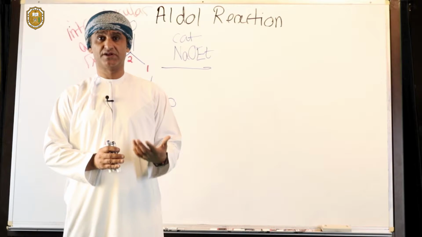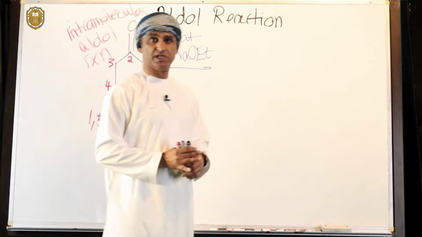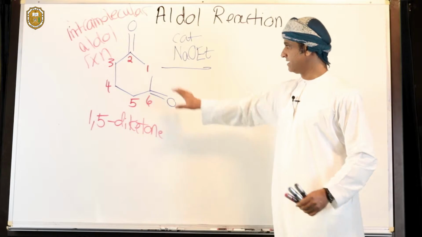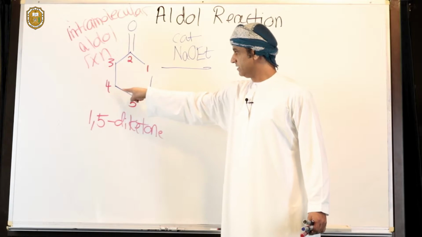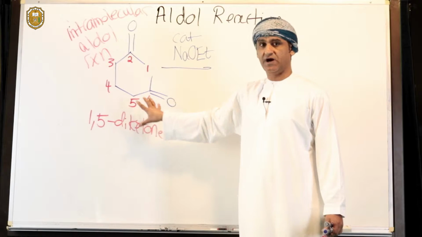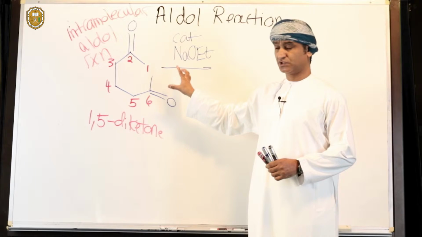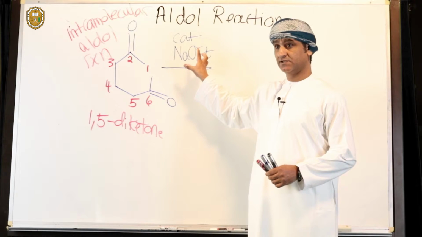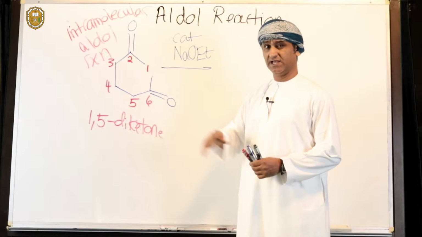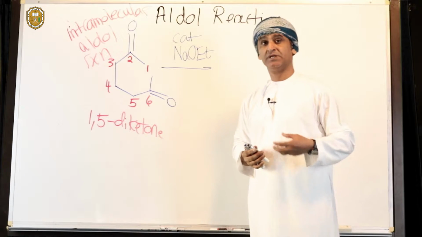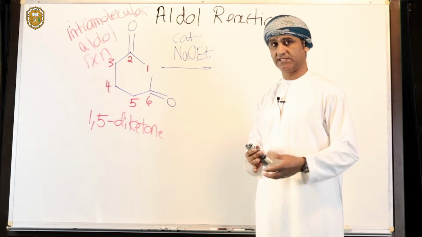Intramolecular aldol reactions are not only possible in 1,4-diketones, they can also be possible if we have a 1,5-diketone, something like that. So look, 1, 2, 3, 4, 5. It's a 1,5-diketone. If the 1,5-diketone is treated with catalytic base, that catalytic base should make an enolate of one of them, and that enolate would then attack the other ketone in an intramolecular aldol reaction to give eventually alpha-beta